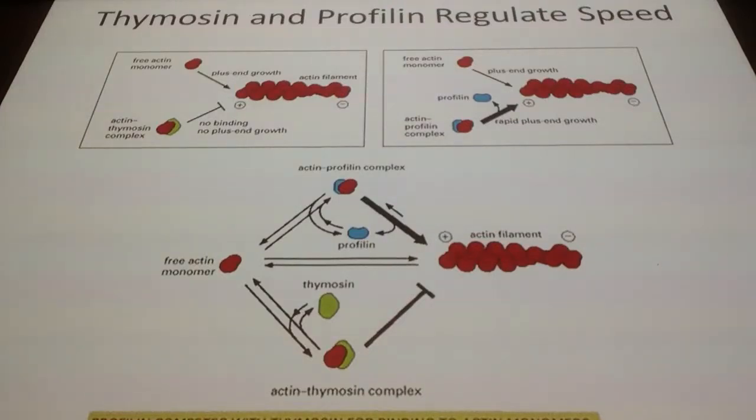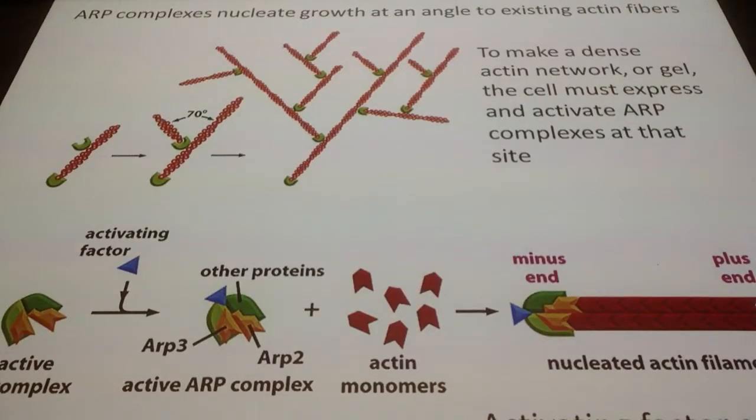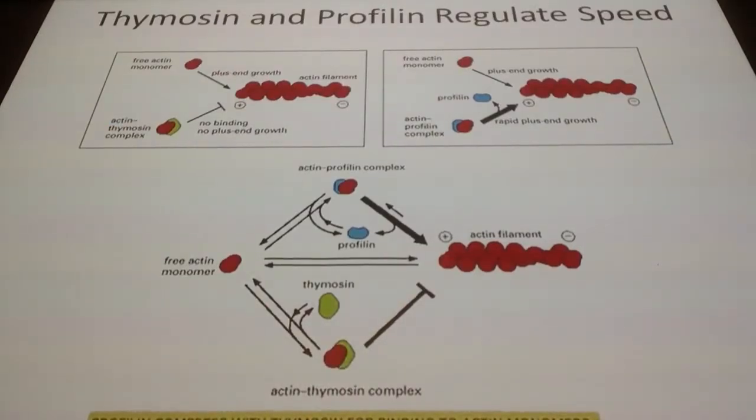We're talking about the regulation of microfilament synthesis, right? Right off the bat, in order to regulate synthesis of microfilaments, the process of nucleation has to occur first. Nucleation can occur either with the help of formin or ARP. Okay, so that's that. And then we talked about thymosin and profilin, where profilin binds to